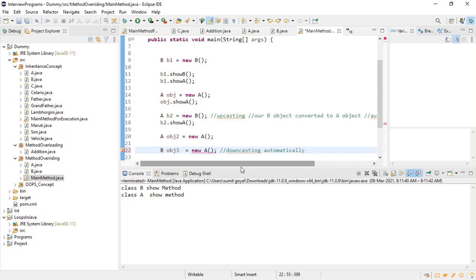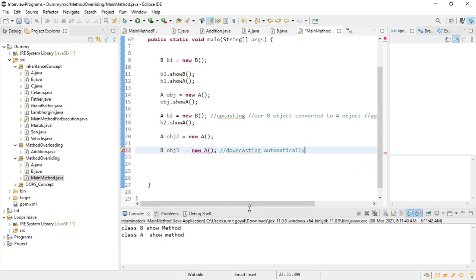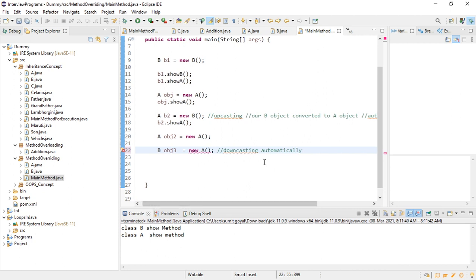Right? So till now we have not discussed anything about method overriding. So first of all we should know these concepts. So basically downcasting is not automatically done, right? If you want to convert your class A object to class B, you have to do like this. Before that write your child class.